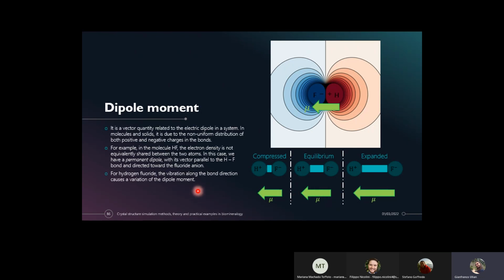Okay, changes in length. So there is a variation. At this moment the stretching mode of hydrogen fluoride is active. How many vibrational modes has hydrogen fluoride? It is a linear molecule, 2 atoms, 3 times 2 is 6, minus 5 because it is linear, so 1 vibrational mode: the stretching mode between fluoride and hydrogen